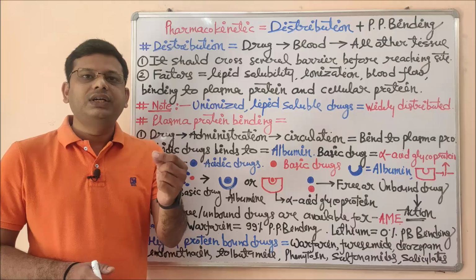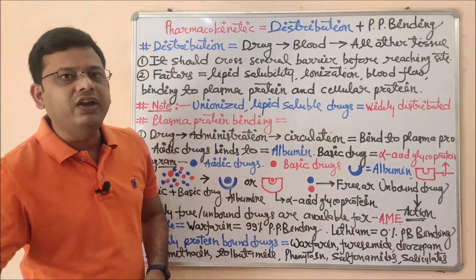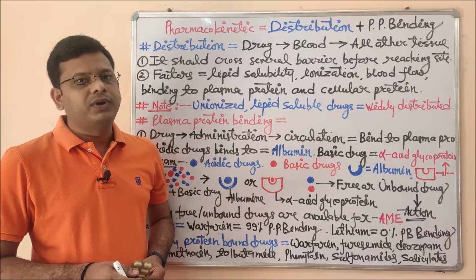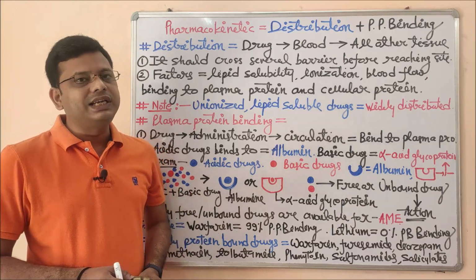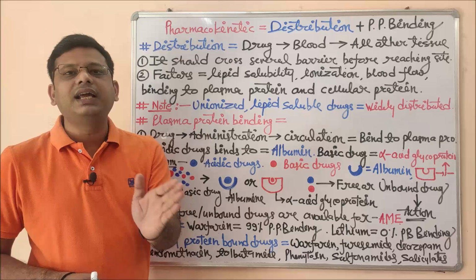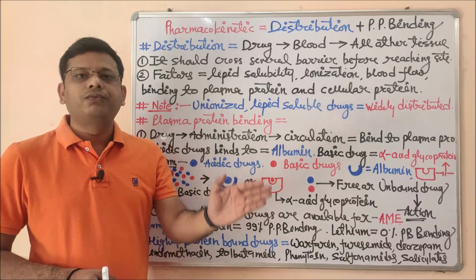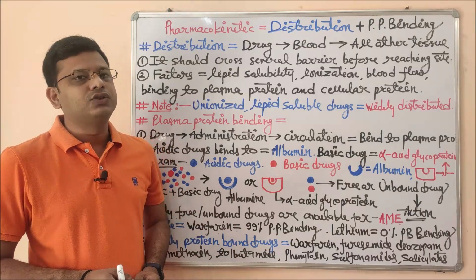Whenever a patient takes any kind of medicine via any route of drug administration, like if this is a solid dosage form, I am going to take this medicine via the oral route. After reaching the stomach, that drug will go for disintegration and dissolution, and then for absorption. What is absorption? Movement of drug from its site of administration toward the systemic circulation or blood vessel is called absorption.